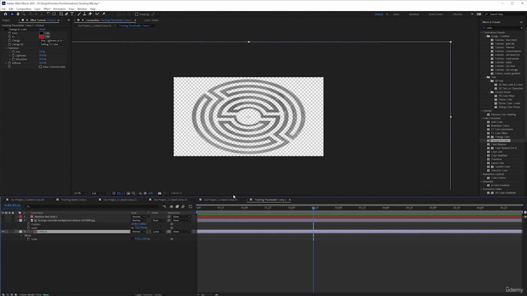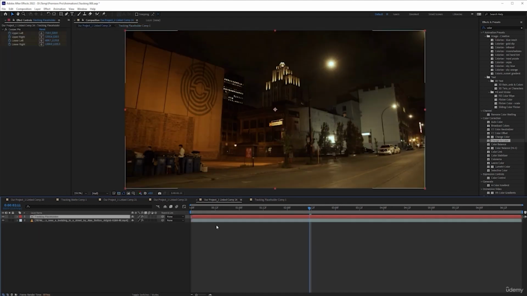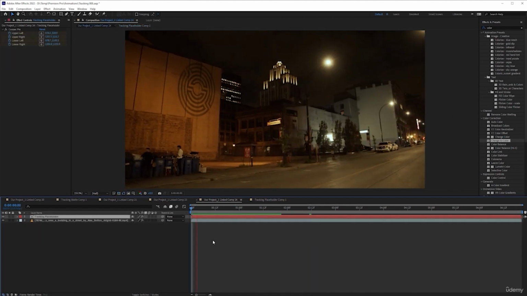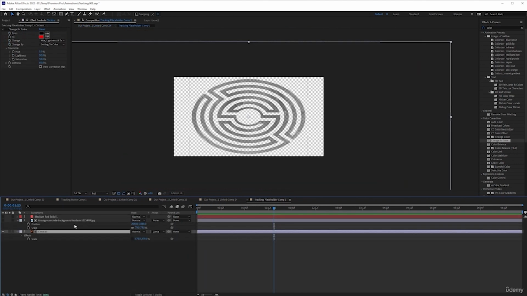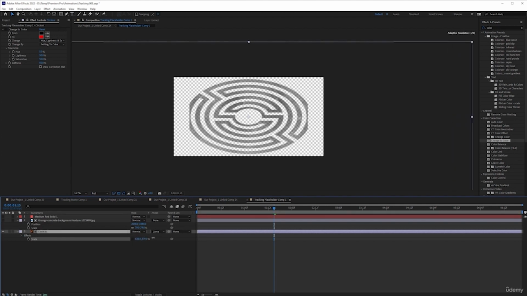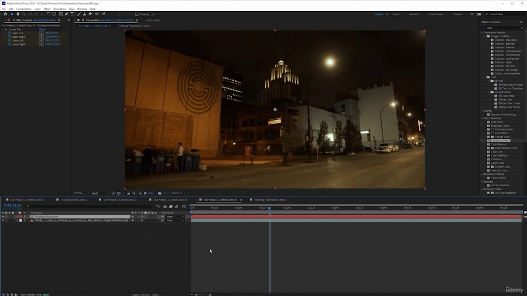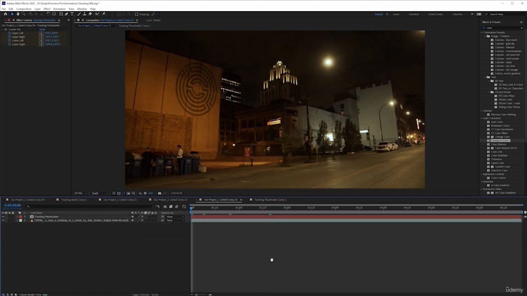And if we come out of here and leave that to update, that looks much better. I'm actually going to scale this out a little bit more. Let's unlock it and scale it out a bit more. You see how we're now getting off the side of the concrete. So we need to scale that up so it totally covers it. That looks better. And if we play that back,